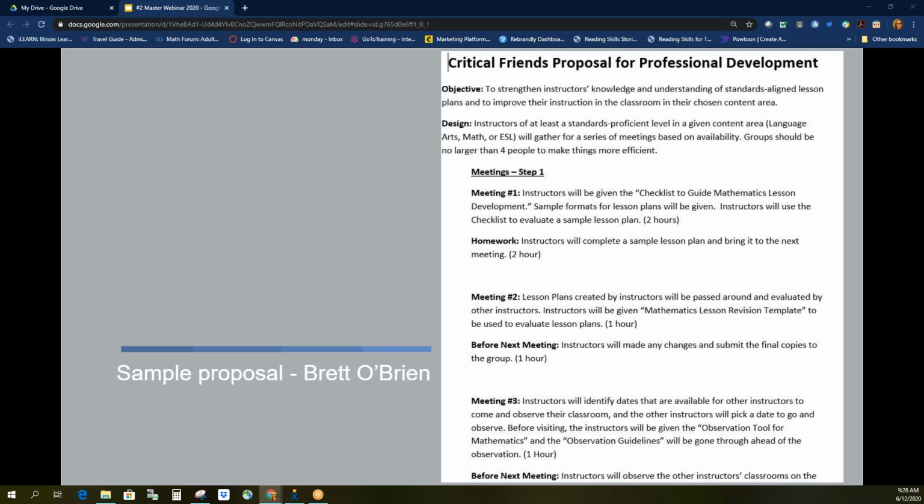We've had other teachers put together proposals that are cross-disciplinary, so ESL teachers and transitions teachers are brought in. It can be a multidisciplinary Critical Friends group. It depends on, as Amber mentioned, the objective, what the goal of your group is. That will determine who's in your group. And remember, this is an aspiration of what you would like to see. So don't worry about whether this can actually work, but make a plan that you think might really benefit. We've had some people write a proposal for curriculum development, some doing lesson revisions, some doing observations, and it's been a combination of those. So you can be as creative as you'd like.